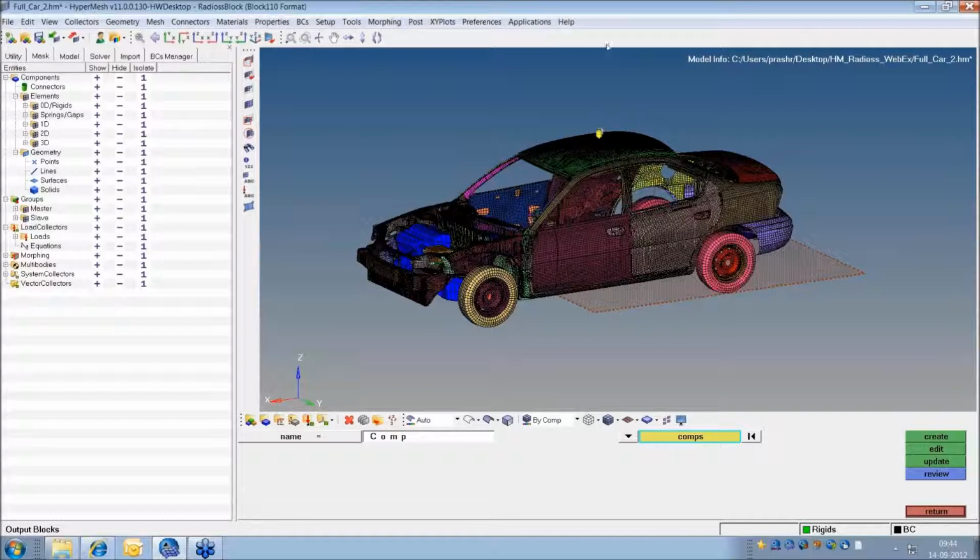That is the reason you have to put all your parts in the output request. And there are other advantages as well, especially while debugging. So that is the purpose of putting all the parts in a time history. So now we have put all the parts in time history.